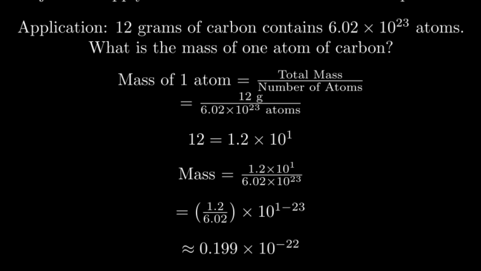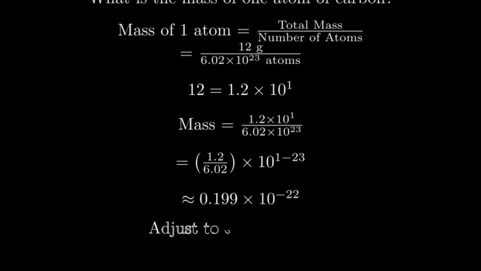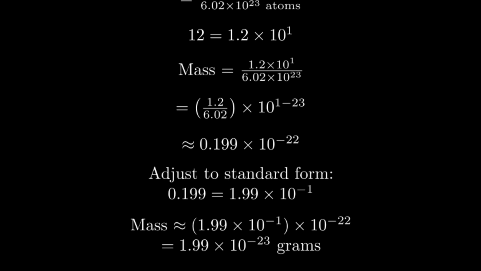Is this our final answer? Let's check the format. The number 0.199 is not in standard form. We rewrite it as 1.99 times 10 to the negative 1. Combining this with our power of 10, we add the exponents. Negative 1 plus negative 22 is negative 23. So the mass of a single carbon atom is approximately 1.99 times 10 to the negative 23 grams. This is an incredibly small number, which is exactly why scientific notation is so essential in fields like chemistry and